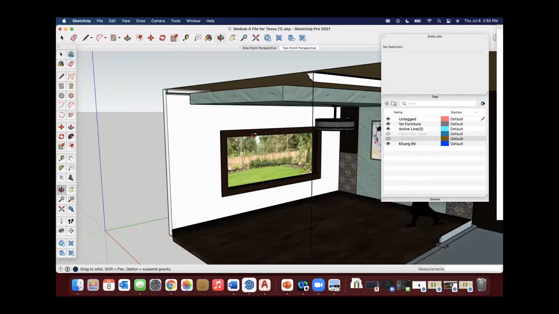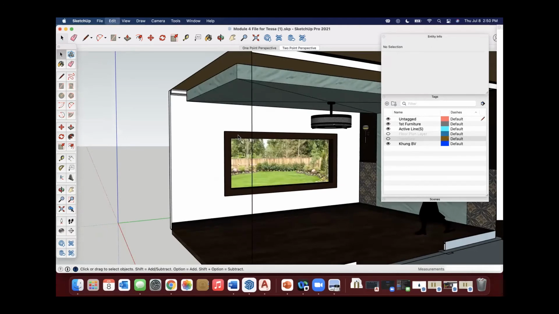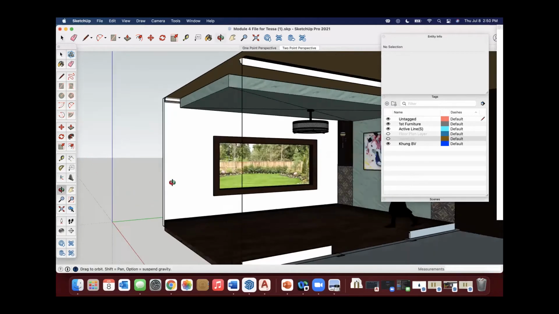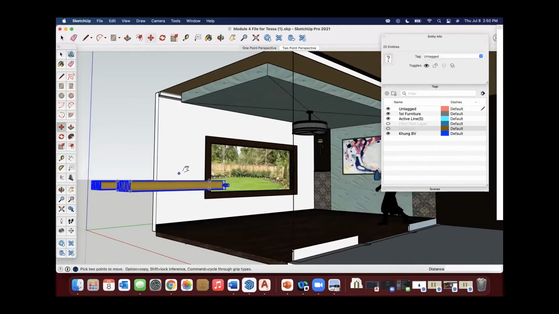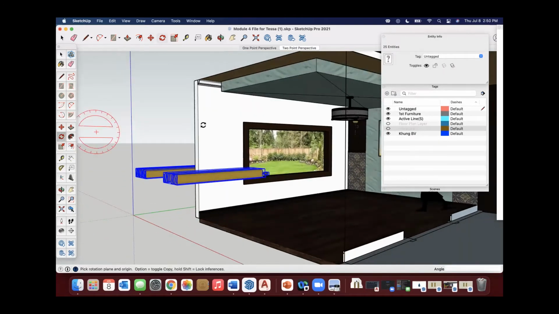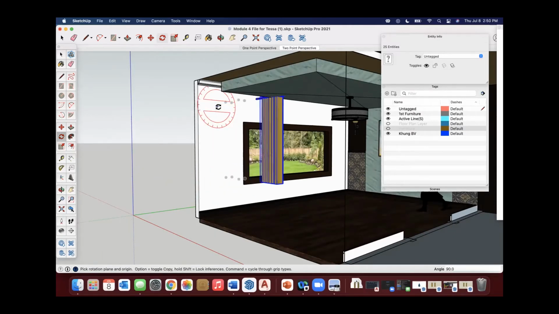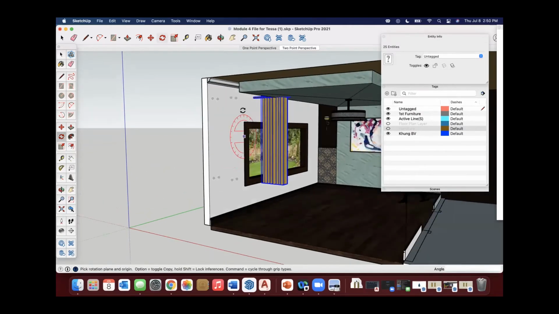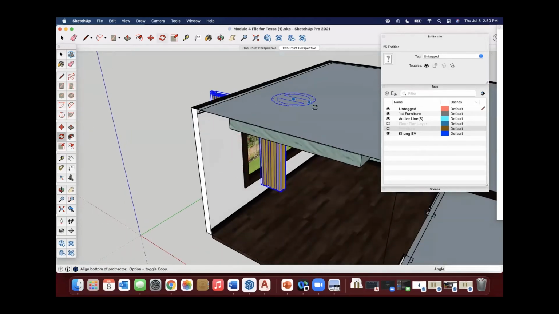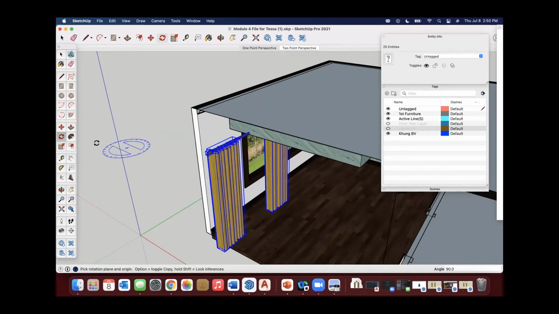Okay, so now I'm going to Command V or Control V to paste, and I'm going to bring in those drapes. They are obviously in the wrong direction, so we need to rotate them. So I am going to just take my rotate command and bring those right there. And then now I need to rotate them again. This time I'm going to get on top because now they need to go in that direction.